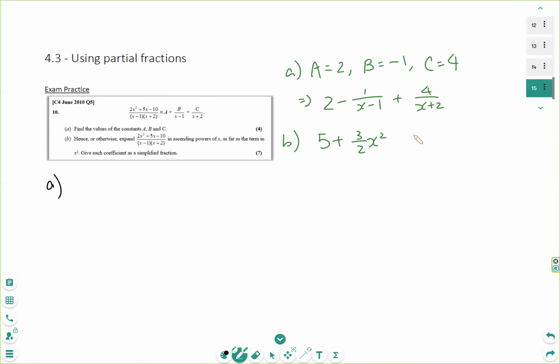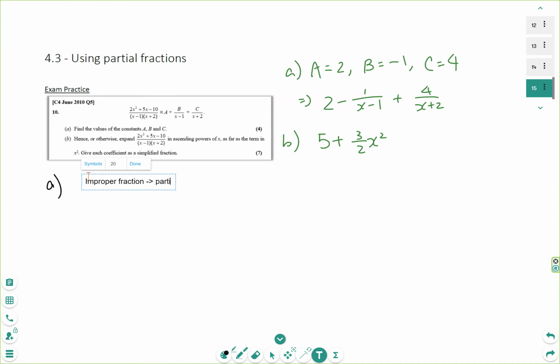Here's the final answer. If you got it right, well done. End of lesson, end of chapter as well. But if you don't, part A. If you're wondering what happened to this one, this is an improper fraction, a top-heavy fraction. So if you want to do improper fraction